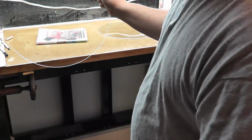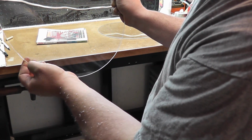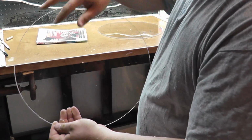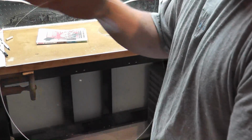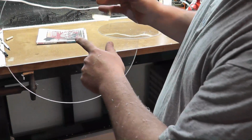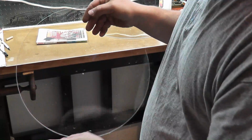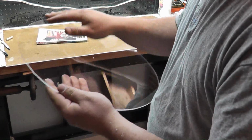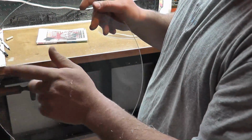That's not too bad. A little leftover stuff right there, but nice and clear. I got a few little small scratches here and there, and nothing that's going to affect the operation of it. It's more of a looks thing. And we have a center hole that we're going to enlarge later on to be able to take our axle for this. So let's get to the fun part of cutting those discs and figure out how many I'm going